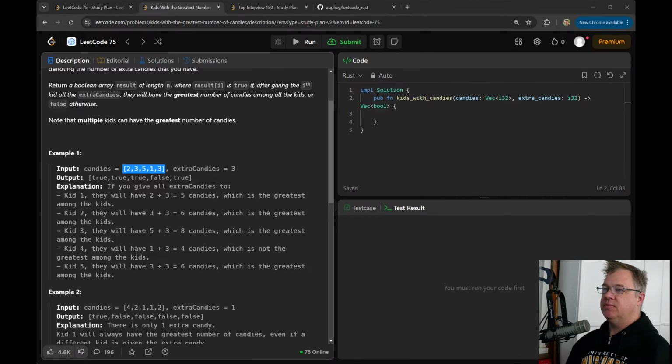So now we just need to return candies.iter().map(|c| ...).collect(). So here c is a u32.